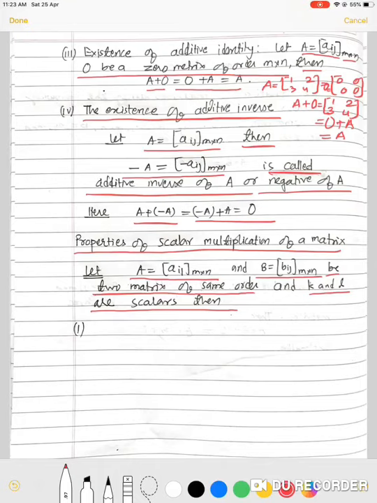First, k into (A plus B) is equal to kA plus kB. Second, (k plus l) A is equal to kA plus lA. Then third one is